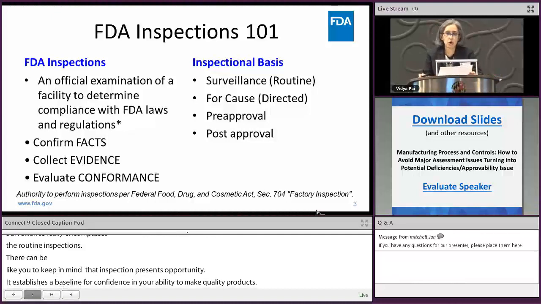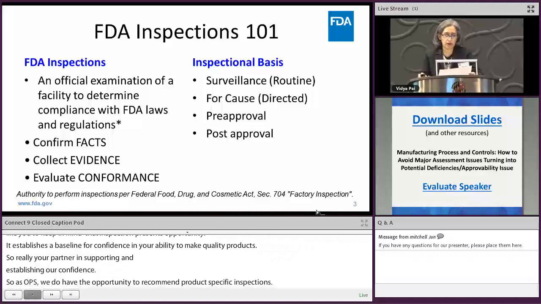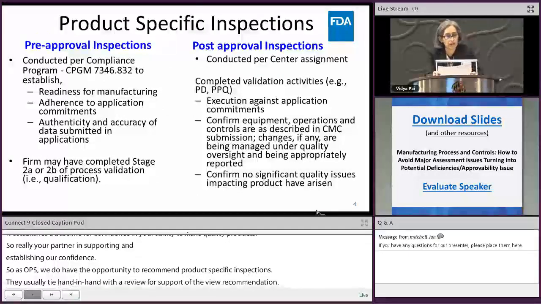So as OPF, we do have the opportunity mainly to recommend product-specific inspections, and they usually tie hand in hand with our review or support our review recommendations. So I'm going to talk briefly about product-specific inspections. We may have pre-approval inspections. These are conducted per the compliance program, CPGM